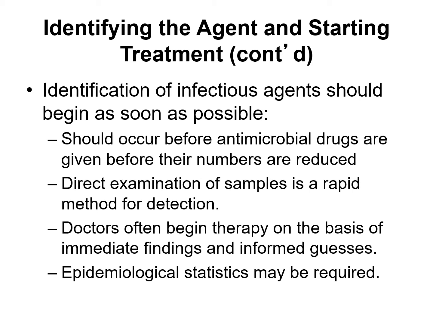We don't have to. We can keep them on the broad spectrum, but we use a lot of broad spectrums, so we try not to use it more than we have to. It's better to use a narrow spectrum that's going to kill specifically what's there. So that's one thing we could do. Or another reason is because the culture may show that it's not susceptible to the medication they're on, so we have to switch them to something that will actually treat the infection.